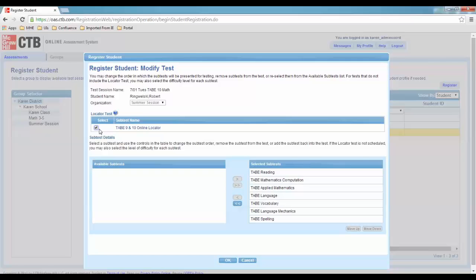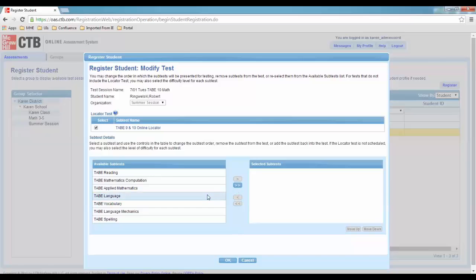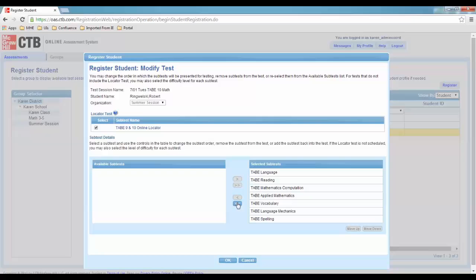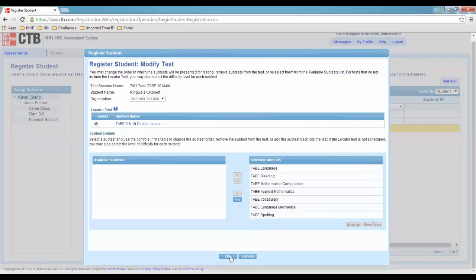Now you'll see here I can also deselect and reselect and reorder particular subtests in here. But you are the best judge of how your particular program organizes itself. But please do so with great caution, since many sites want their test sessions to be uniform among test takers. If you're not sure, ask your administrator about your site's best practices. But you can see in this case, I'm going to leave everything as it was originally. I'm going to click OK,